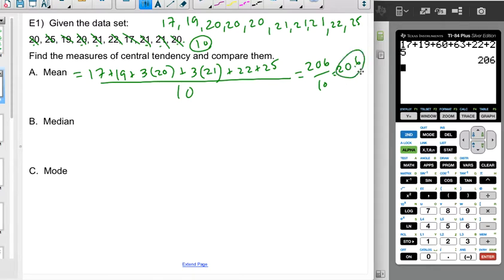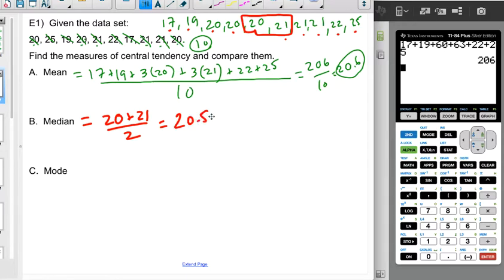So there's my mean. So my median, right, there are 10 values. So I'm going to count in 1, 2, 3, 4, 5. These two are the middle together. And you can see that if I count this way, 1, 2, 3, 4, 5, the middle is between them. So the median is going to be the average of the 20 and the 21, right, which is going to